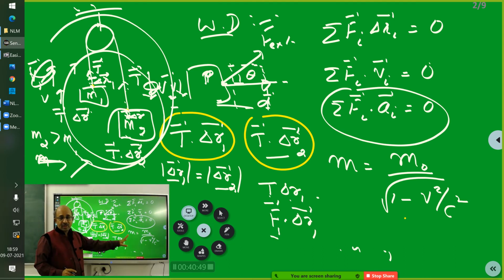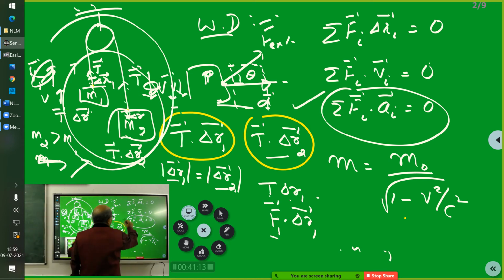Now, this is the formula for mass. This equation is derived, and for this derivation there is a lot of physics and a lot of mathematics you have to know. This equation will be used in the special theory of relativity. Therefore, you should not demand your teachers to derive this equation and show. That is not within the purview of the syllabus.